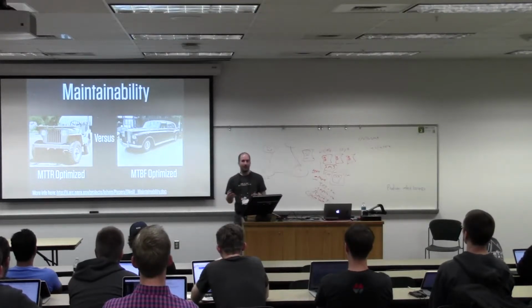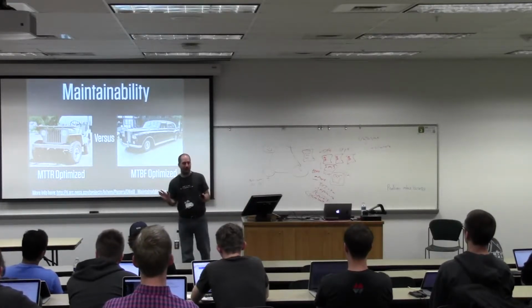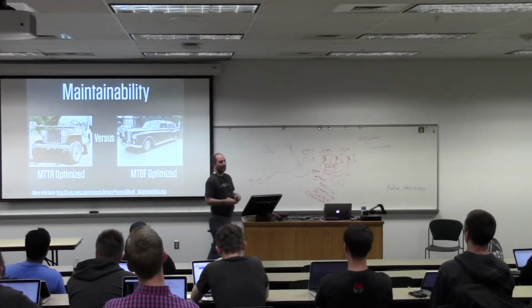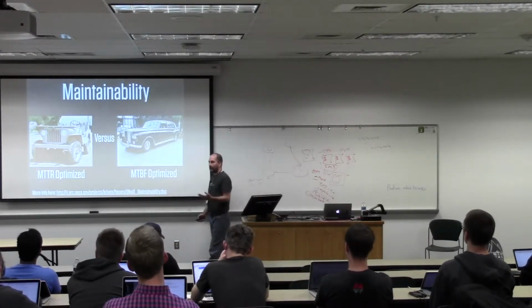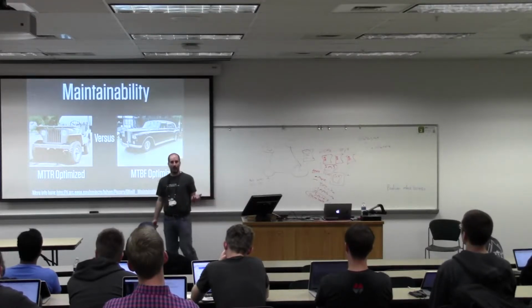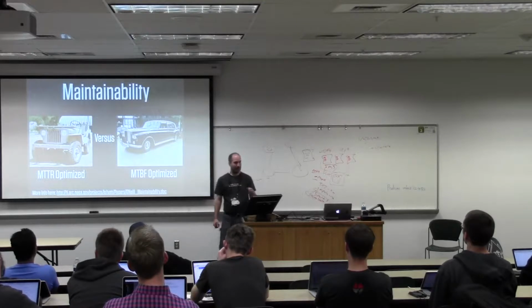Right? The engine could go bad on that thing. We could lose an axle. We could lose a major component of the system, and it could be swapped out in a relatively short time, right? And maybe 4 minutes would cause you to lose a race on a quarter mile, but it wouldn't necessarily cause you to lose a race across the country, right? So that's one type of high availability.